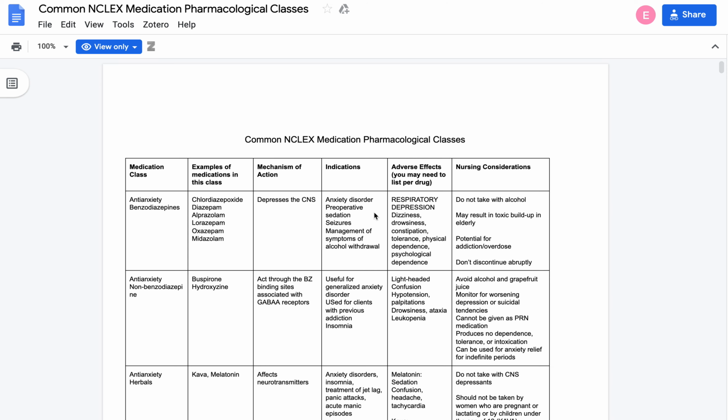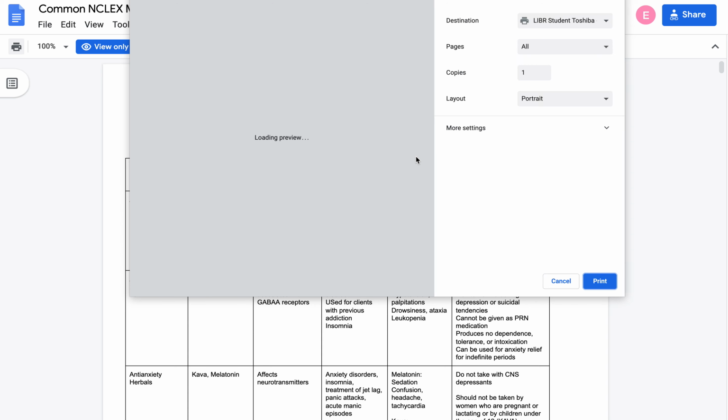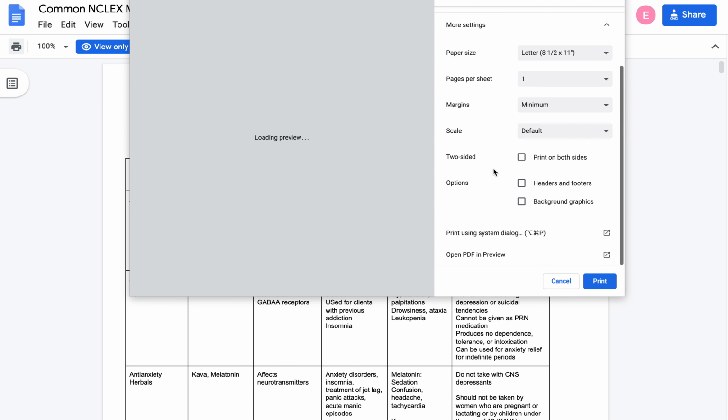So Maria, when you go to print this document, what you want to do is go ahead and hit the print button like you normally would. The dialog comes up that allows you to send to your printer. But in this case, as opposed to just sending it to the printer destination, I would click on More Settings